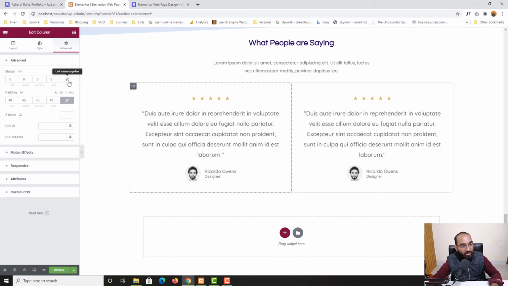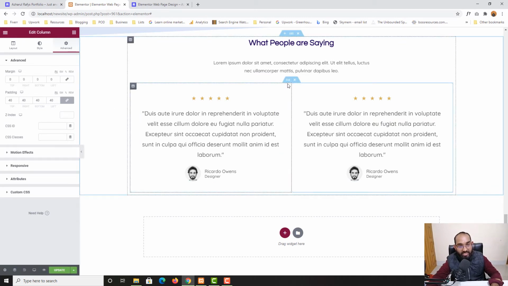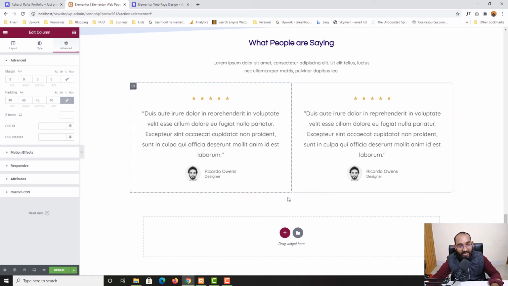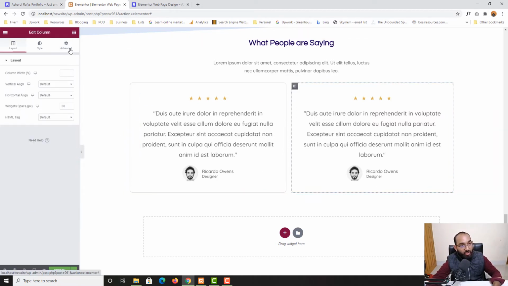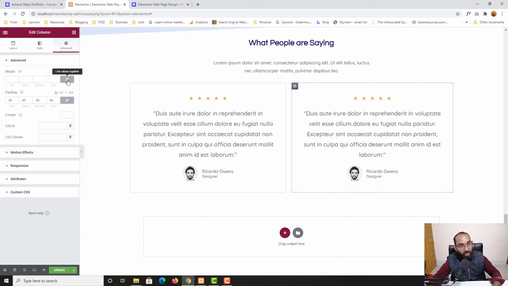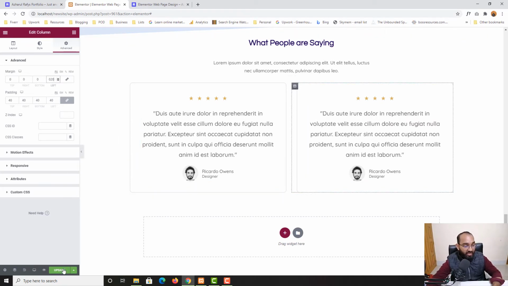So let me just unlink this one, and then, as you can see, this is the right side of this box and this is the left side. So on the right side I want 20 pixels of margin. Now it's time to select this column, and we want to give 20 pixels of margin on the left side so that it will look much nicer. So if I click here, and then if I take you to advanced, then from margin I want to unlink this one, then on the left side I want 20 pixels here. And now if I click on update,